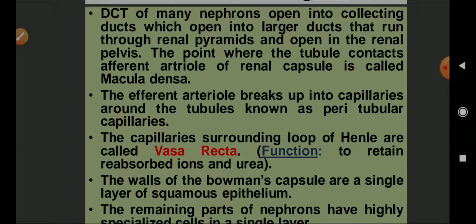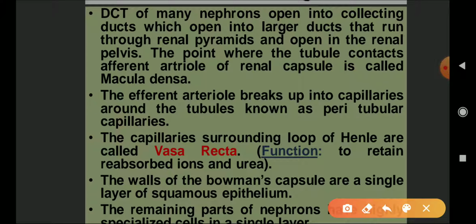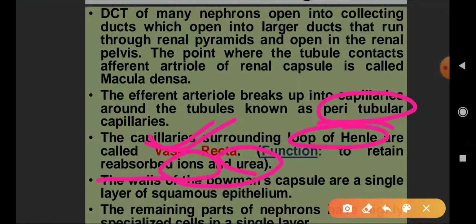The capillaries surrounding the loop of Henle are called vasa recta. ये इंपॉर्टेंट है। वासा रेक्टा क्या है, अगर वही पेरिट्यूबुलर कैपिलरीज अगर वो हेनले के लूप के पास में है तो उसे कहते हैं वासा रेक्टा। एंड फंक्शन क्या है उसका, रीएब्जॉर्प्शन ऑफ आयंस एंड यूरिया। अगर यूरिया बाहर निकल गया तो उसको वापस एब्जॉर्ब कर लेना है।